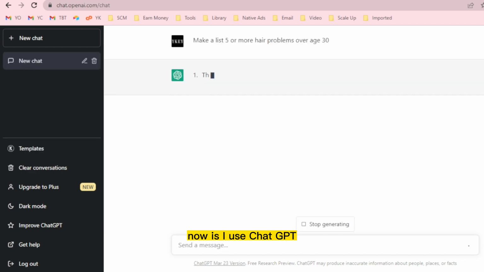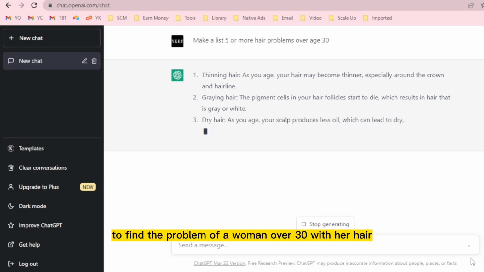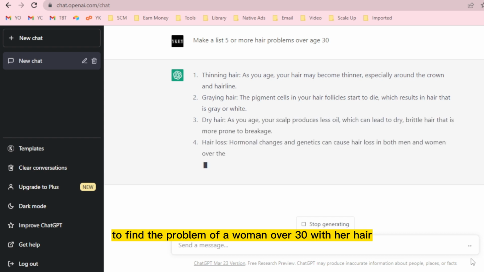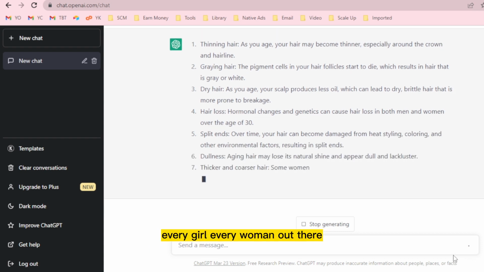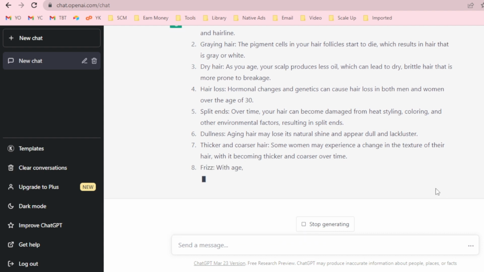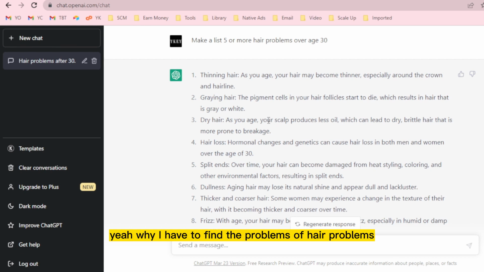Now I use ChatGPT to find the problems of a woman over 30 with her hair. I think the problem is the same for every woman out there, especially hair loss. There's a scalp condition, frizz, and another. Why I have to find the hair problems is because I want to find more content to